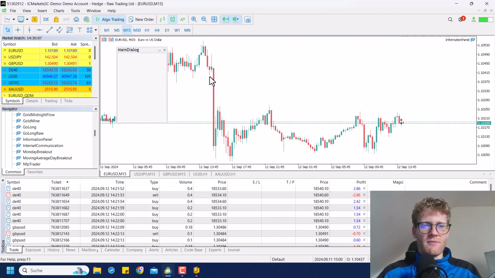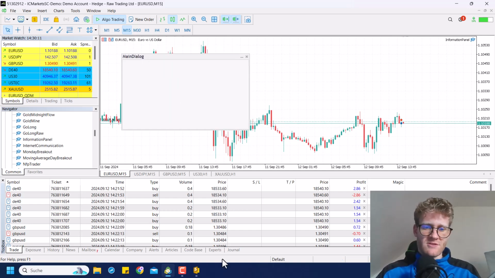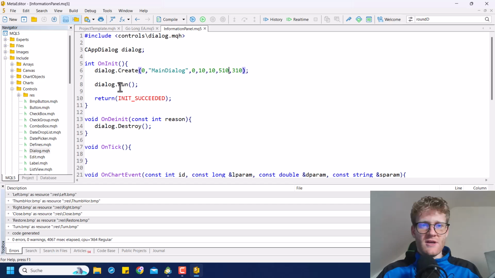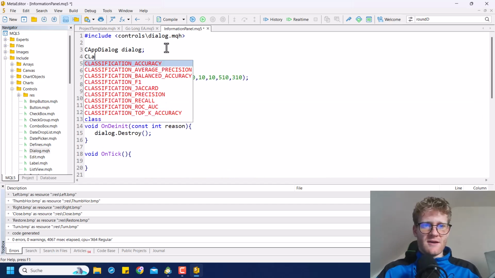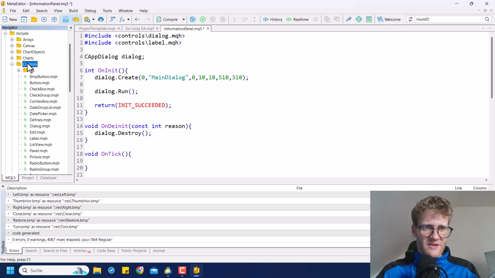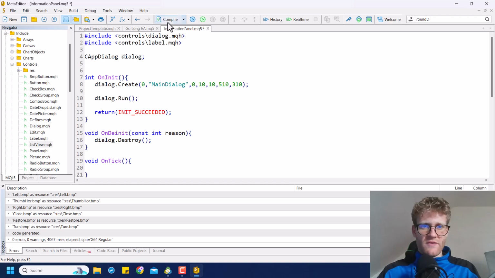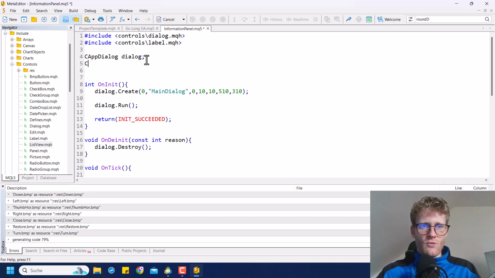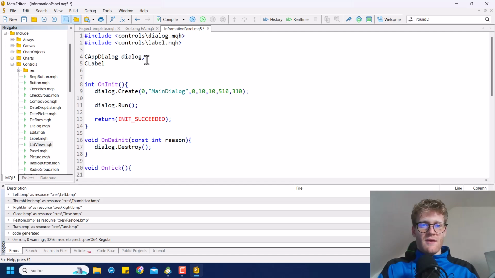And then I want to add some labels to it, maybe. So we get some actual information, right? So to add some labels, we use the CLabel class, which we have to include first. Controls, Label.mqh. And you can see all of these controls are in this Controls folder in the Include folder. So you can just search for whatever you need and you can include it and then you can use it. So now, since we have access to the Label.mqh file here, we can use this CLabel class and we can say,